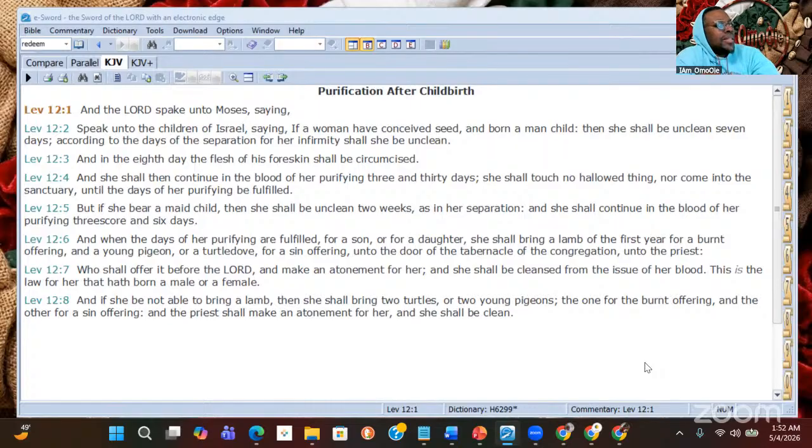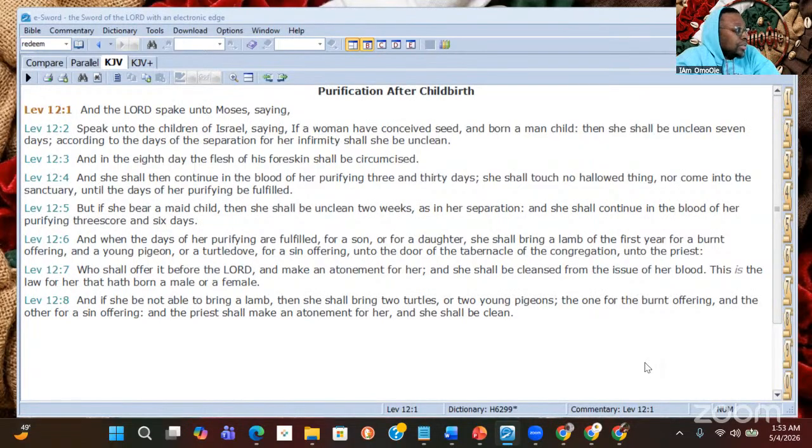And on the eighth day, the boy shall be circumcised. Who shall offer it before Jehovah to make atonement for her? And when the days are purified or filled for a son or for a daughter, she shall bring a lamb of the first year for an olah, and a young pigeon or a turtle dove, which is just a brown pigeon, for a kata'ah unto the door of the tabernacle of the congregation, unto the